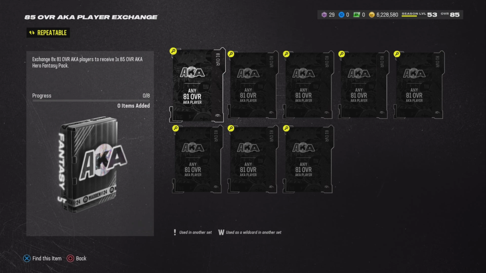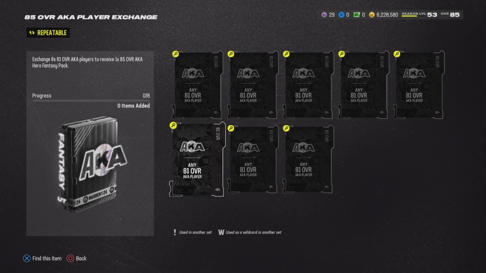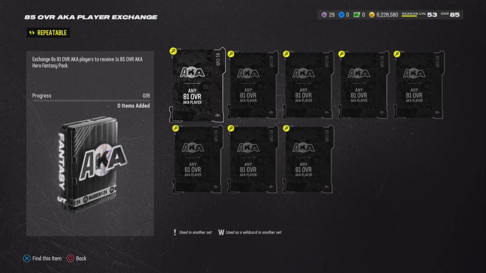So I'll just go to the auction house, check which 85 went for the most, pick that card out of the pack, and then sell it. And then just redo the set, right? Super simple stuff there. Pretty much what I do is I'd complete the set, I'd sell the card,